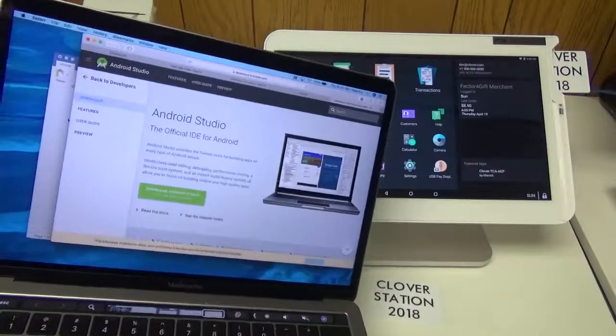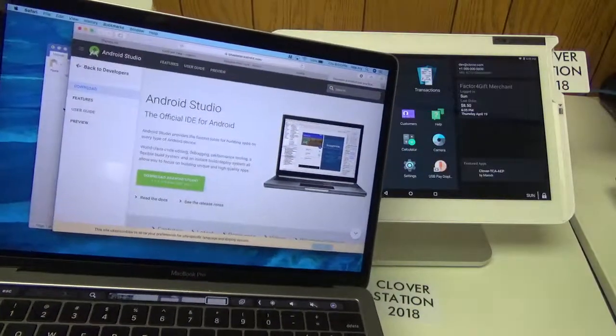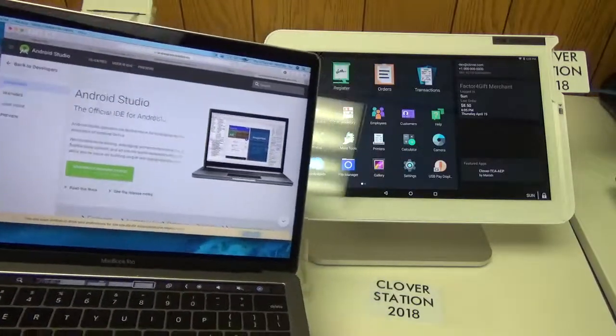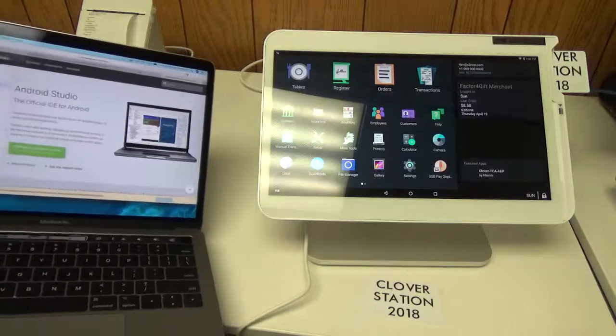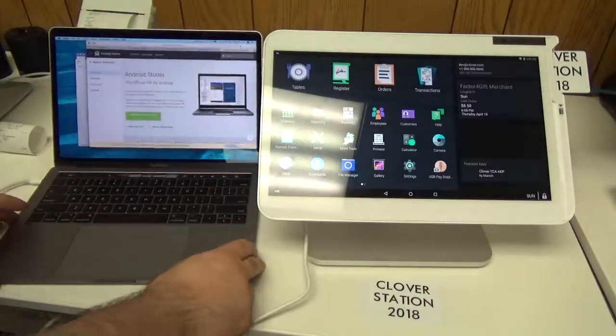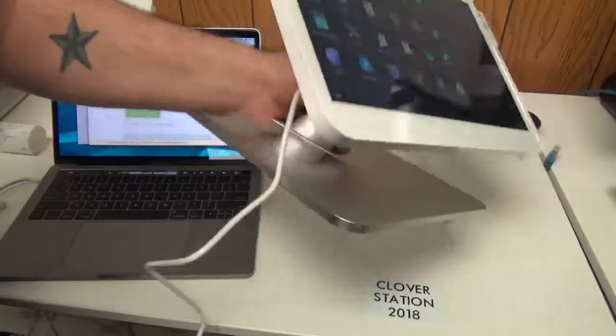Android Studio downloaded. I have a link in the instructions that'll bring you to this site to make sure that you have this all downloaded. It'll allow your computer to speak the Android language so that it'll actually be able to pull and read the logs. Alright, the second thing you're going to want to do is make sure that you have the device plugged